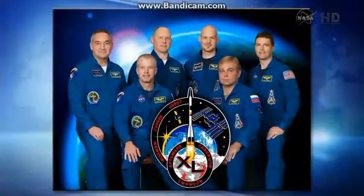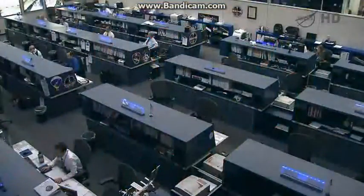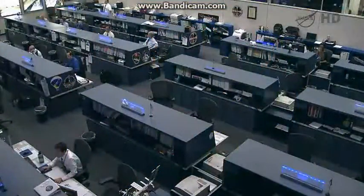Our commander Steve Swanson with Russian flight engineers Alexander Skvortsov, Oleg Artemyev, and Max Sarayev, NASA flight engineer Reid Wiseman, and European flight engineer Alexander Gerst. The crew's been up for quite a while today. They got their wake-up call at 5 a.m. Central,